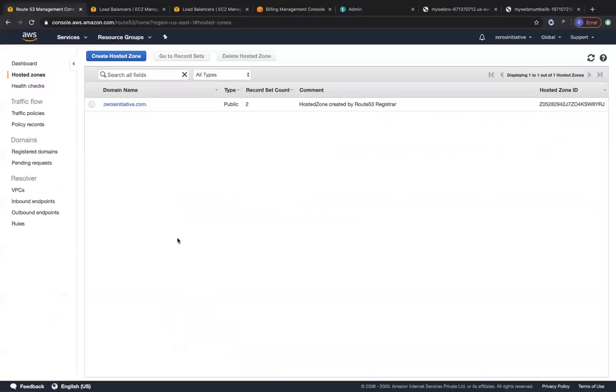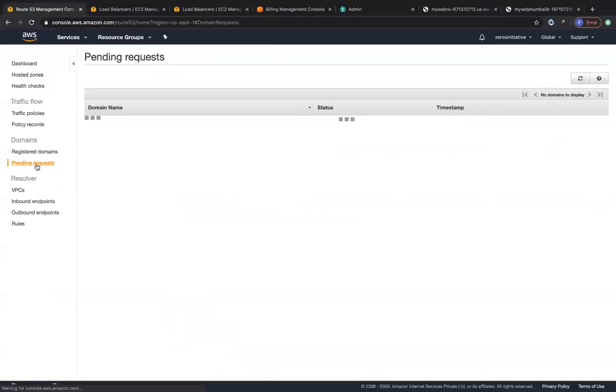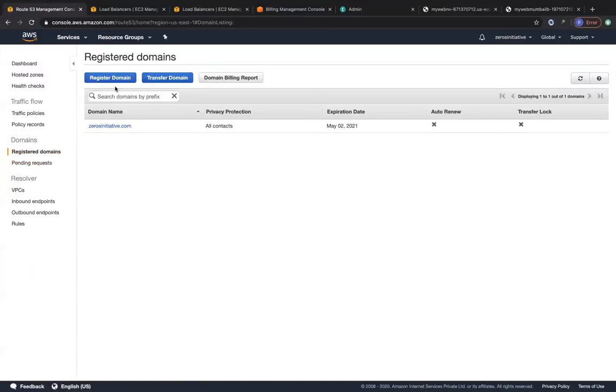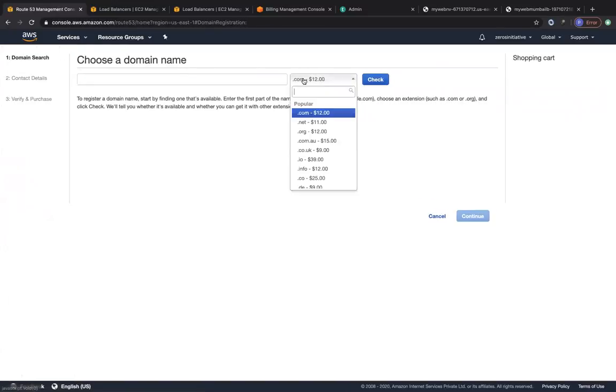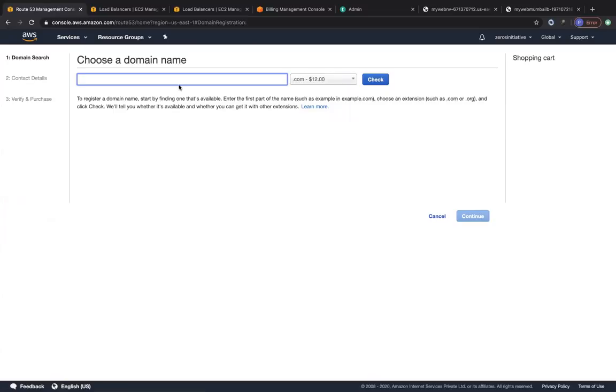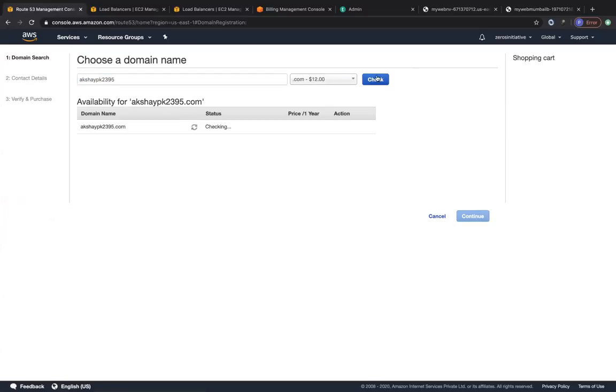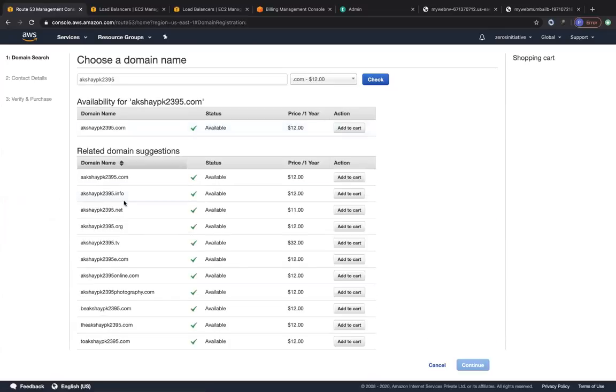So we will start off with Route 53's concepts. I have registered a domain name. I just did this today, and luckily it was registered and created today itself. When you are going to register a domain name, you have to click on register domain, right? You can purchase your own domain name. It supports a lot of different top level domain names, right? So you can enter something like, and then click on check, and it will tell you whether it's available or not. And then it will also tell you the other options, right?